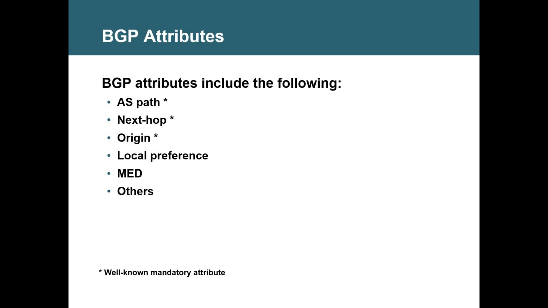Now let's first go through these attributes and understand one more time. We know what AS path means. We know what next hop is. And I also explained what origin is. We'll see one more time. The local preference and MED may be new to you. Now let's finish these things, then we will get into the sequence of attributes and how they are used in path selection.